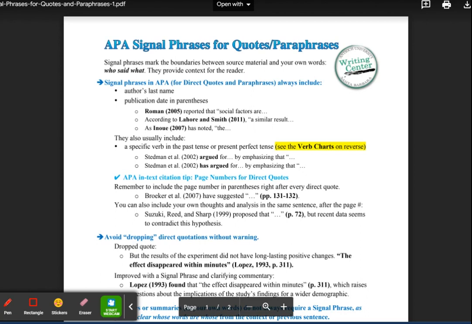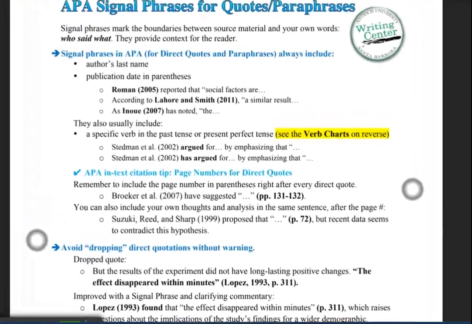So the signal phrases to me aren't just about formatting, but about making connections in your writing and demonstrating your connections and ideas as well. And that turns it very much away from just being, hey, this is just the way it's done, to, oh no, there's a really important reason for using what you see here in a document like this.